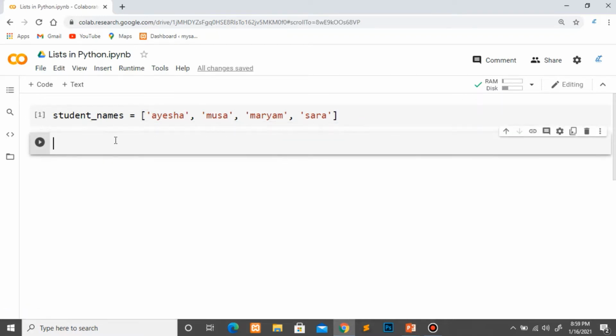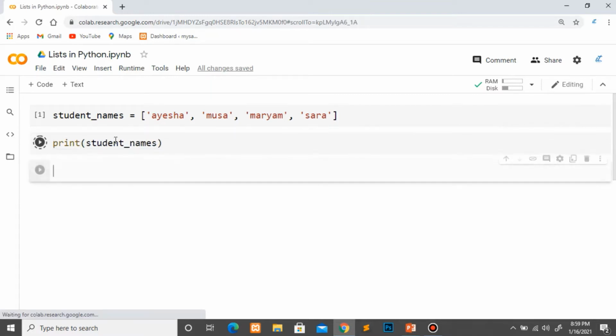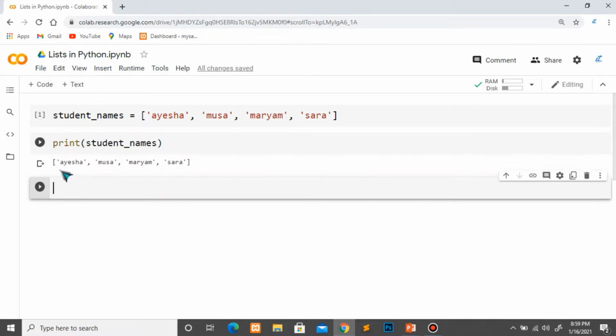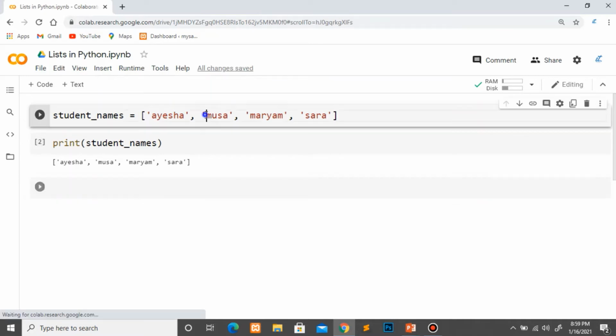Okay, let us print and see what is inside this list. So what I will do, I will write print student underscore names. So when I will execute it, it will show me this complete list. So this is the way of creating list in Python. Let's say you want to see only one element of this list. So what you will do, let's say you want to see this Musa.